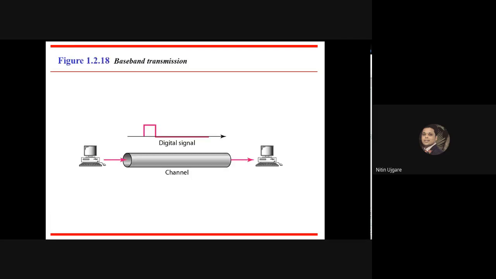So let's go quickly to the next topic, that is baseband transmission. We know that the transmission medium in the case of wired media is a cable, and the computer that we use to generate the data produces it in digital form. Now the question in your mind may be: how do we send this digital data across analog transmission media? That's really a big problem for us. So what is the solution? That's what we are going to see in this baseband transmission concept.